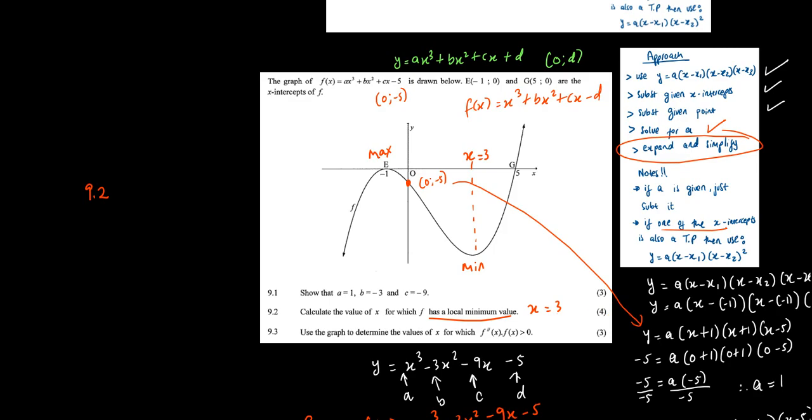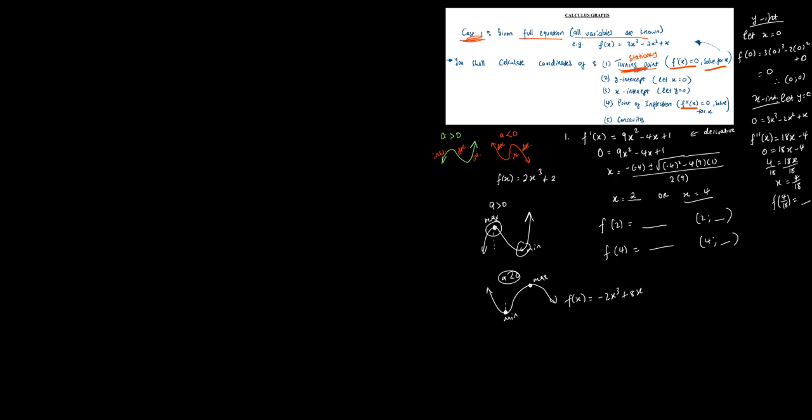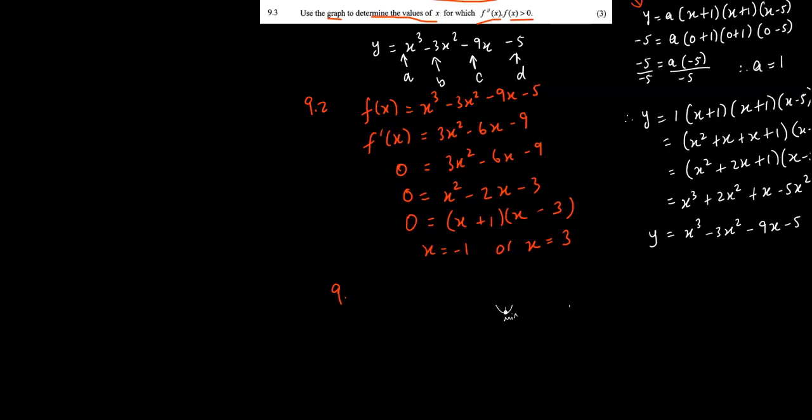And then use the graph to determine the values of x for which the second derivative of f is greater than 0. What is the second derivative, guys? Remember, I told you it is the point of inflection. So now you must just solve for the point of inflection there. So how do you solve for a point of inflection? Remember, we said you derive again. So that is 9.3. So you say the second derivative is gonna be, no, wait. But we do need a point of inflection. We can't just solve this without a point of inflection. So we need to solve for it first. So we say